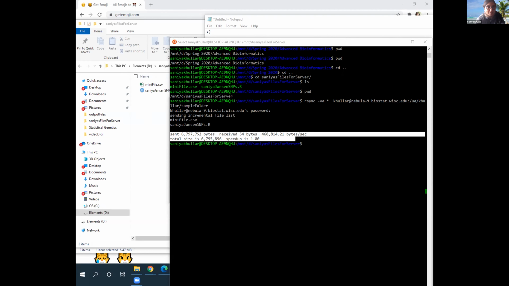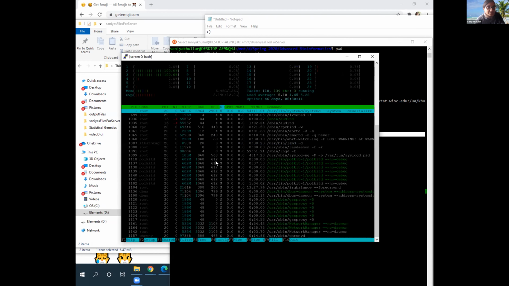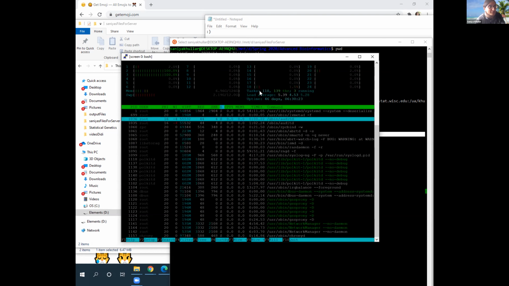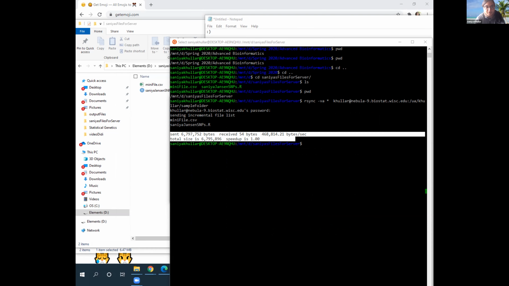So one of the things I'm going to do now is I've run this command called htop. This is something that's useful. It shows you memory and swap, how much memory is being used by your code, for instance, and by other people on the same server, and what some of those people are running. So in general, now what I'm going to do is I'm going to just show you,